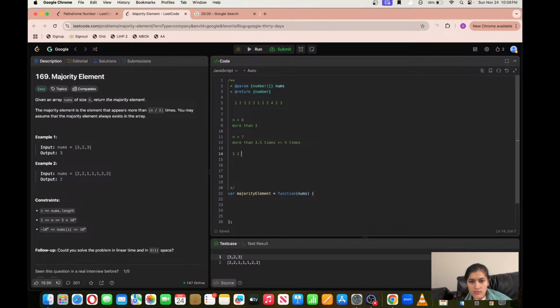So in any array, suppose A, B, C, D, E, F, G, there are 7 numbers, right? So if some number occurs more than 4 times, then